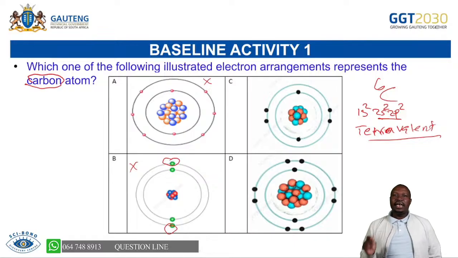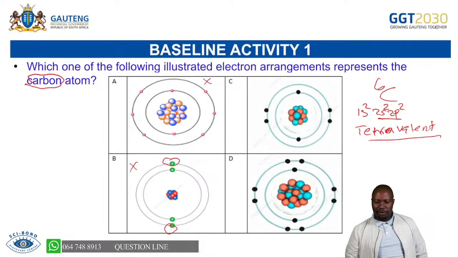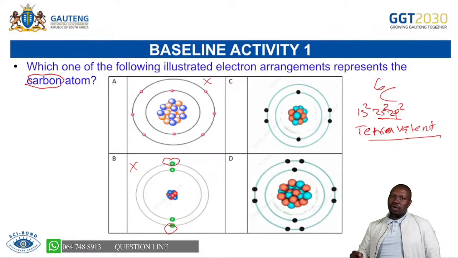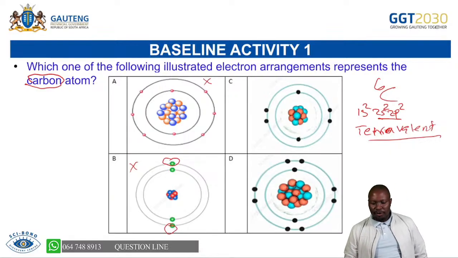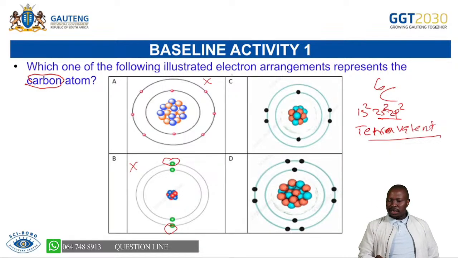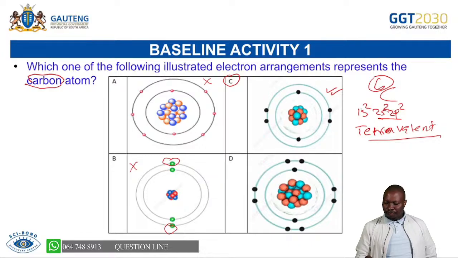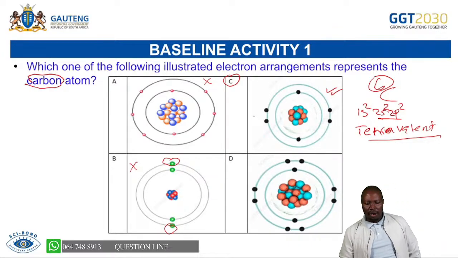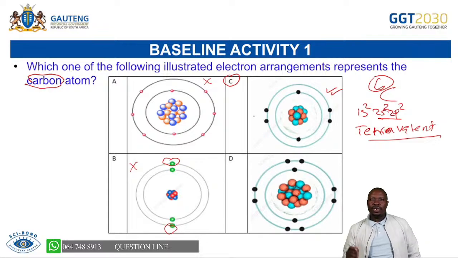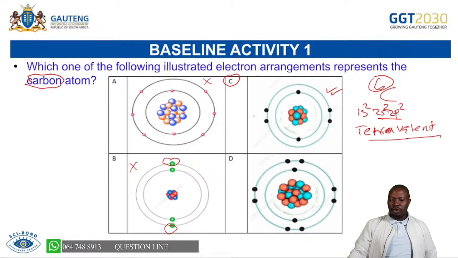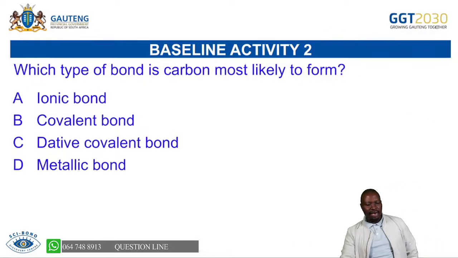Hence, we are saying that a carbon will always form 4 bonds around it because it has 4 electrons in the outermost energy level, and all those electrons must be shared. We'll talk about that. Hence, we are saying option number C is the correct option because it has 6 electrons, of which 4 are in the outermost energy level, or 4 are valence electrons. I hope you got that, and then it helps you as you are now laying the foundation. We're reminding you of what you have done in the lower grades, which is grade 10 and 11.